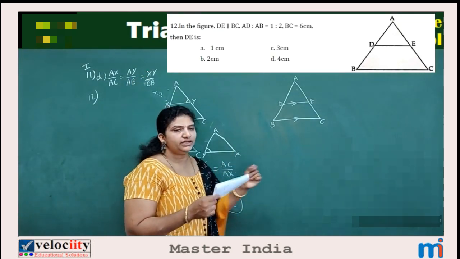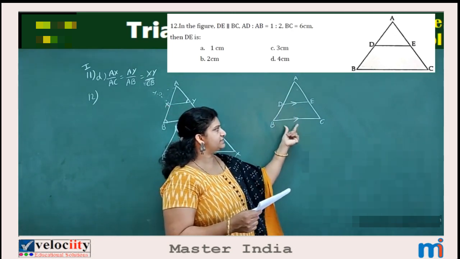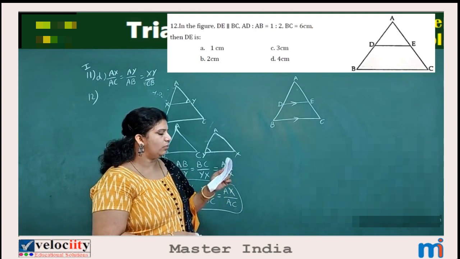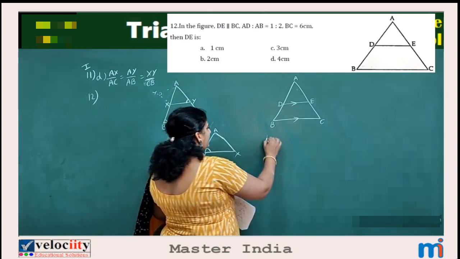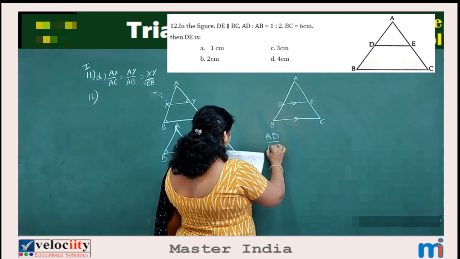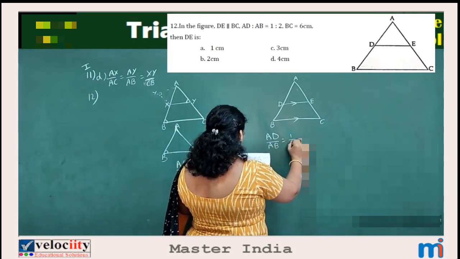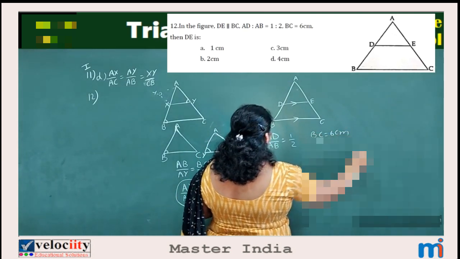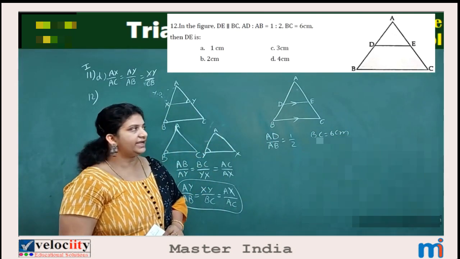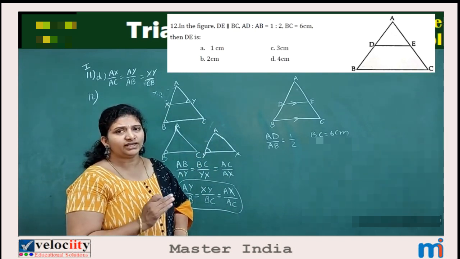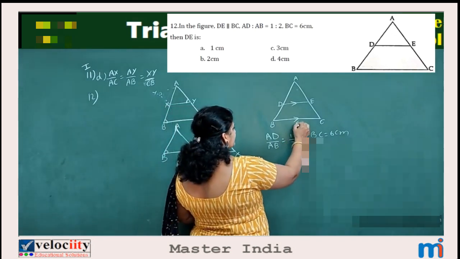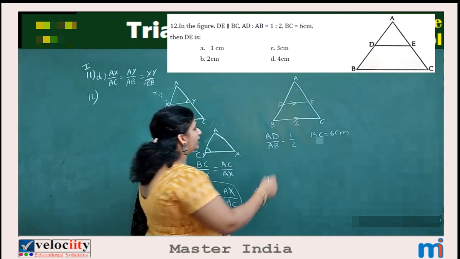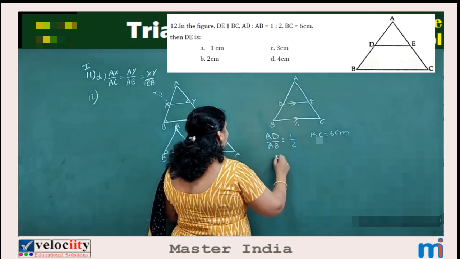12th one. In the figure, DE is parallel to BC. AD is to AB is equal to 1:2. AD by AB is equal to 1:2. And given BC is equal to 6 centimeters. Then what is DE? What is DE is your question. BC 6 is given. So we know by the corollary. By the corollary what can I say? AD by AB